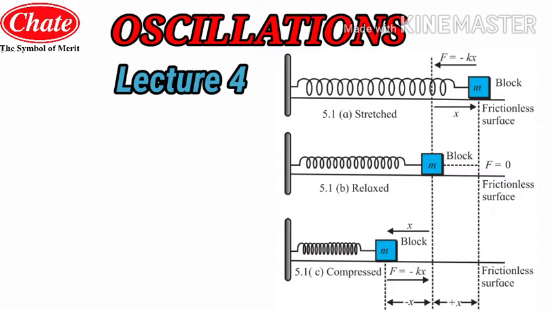This block is moving over the frictionless surface, meaning there is no friction even if the block is moving over that surface. So this will start when the block is at the rightmost position. We will pull the block towards the rightmost position, then we will leave that block from its force. While we are pushing the block towards the right, we are preparing some amount of restoring force in the spring, and we will leave that block from the rightmost position,